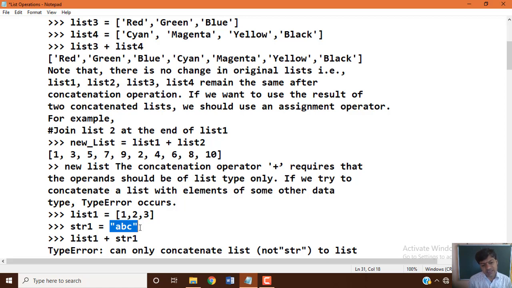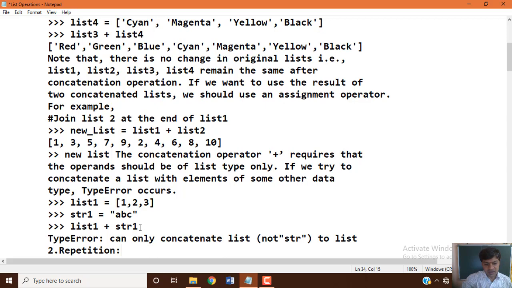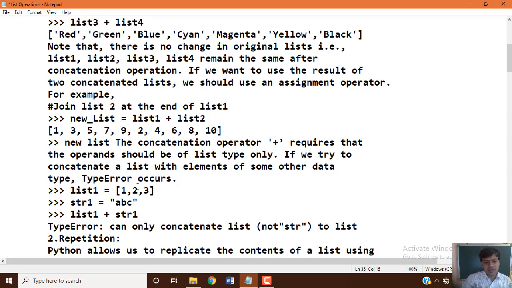A list can contain string values too, but here we took a general string variable, and when you try this concatenation it will generate a type error. Okay, that is how the concatenation operation can be performed in the Python list concept. Now the second one is repetition.